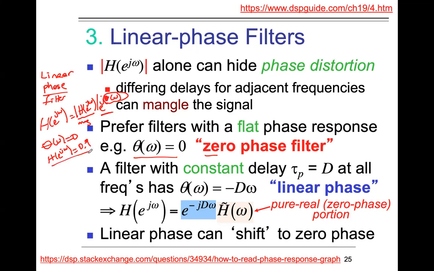There is only a real part. There is no imaginary part here. Any questions? No. So it will be zero phase, but it is not usually possible to have zero phase